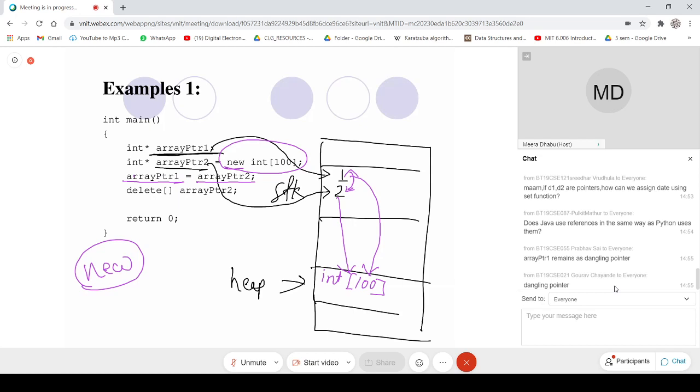Now with this statement, you are saying that two different pointers are pointing to the same memory location, because you have said this is equal to that. But in the very next statement, what is being done? You are deleting. Deleting means freeing up. With the delete statement, square brackets are there after delete, because you are freeing up the array space and not a single-type memory storage. You are saying free the memory.